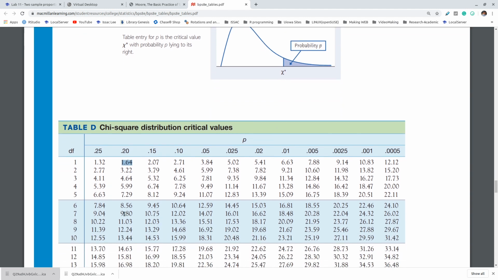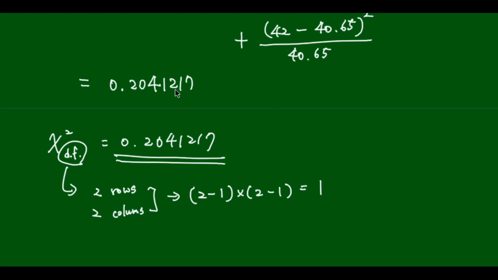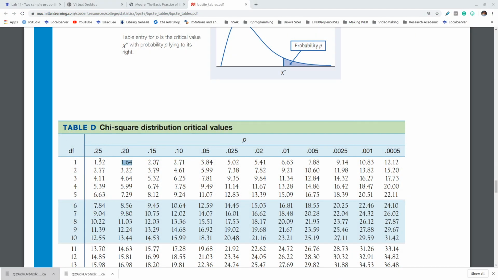Then we have 0.204 as my test statistic. Based on the table, my test statistic is less than this one, right? And I know this value corresponds to the 0.25 p-value. So let me go back to my table,